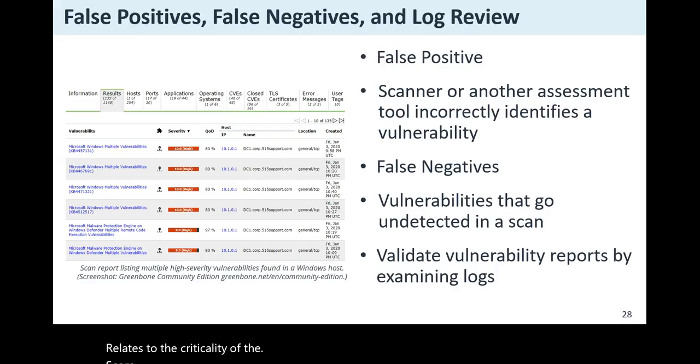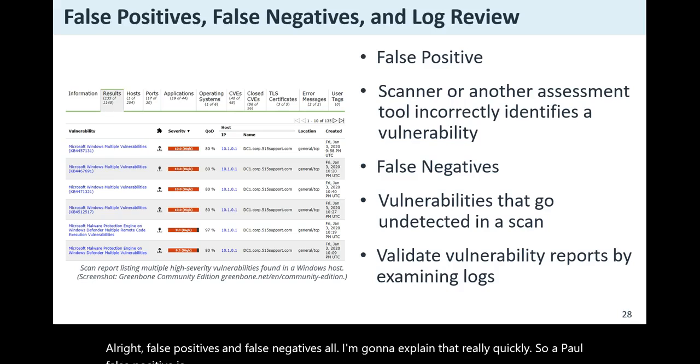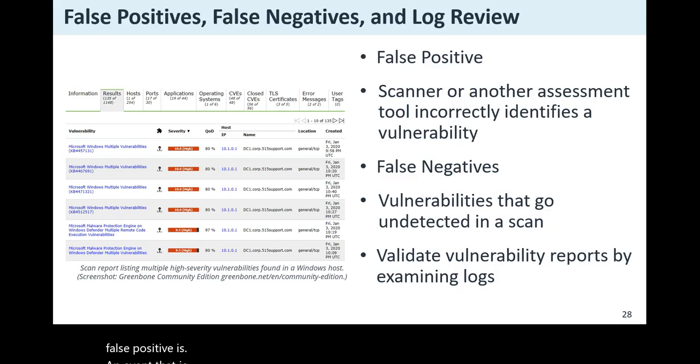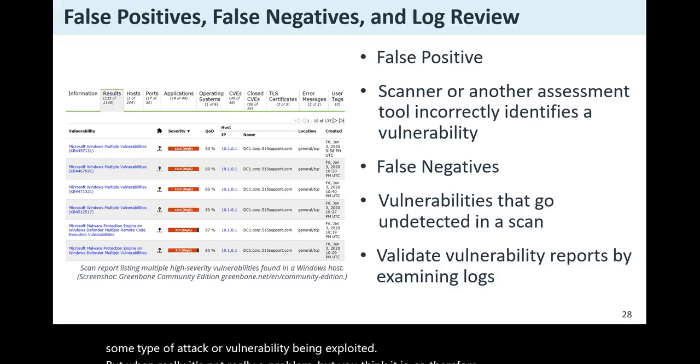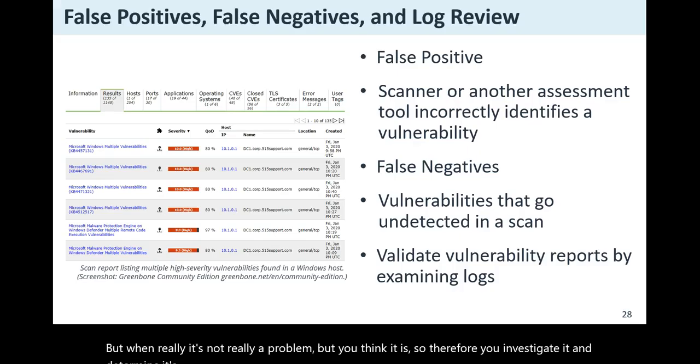All right, false positives and false negatives. I'm going to explain that really quickly. So a false positive is an event that is triggered that you as an analyst or IT personnel receive. It looks like there is some type of attack or vulnerability being exploited, but really it's not a problem, but you think it is, so you investigate it and determine it's not a problem. So you have to tweak your monitoring systems to not trigger on too many false positives, because if it does, you're less likely to pay attention to it,